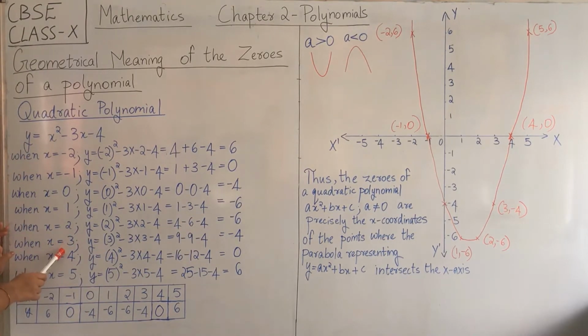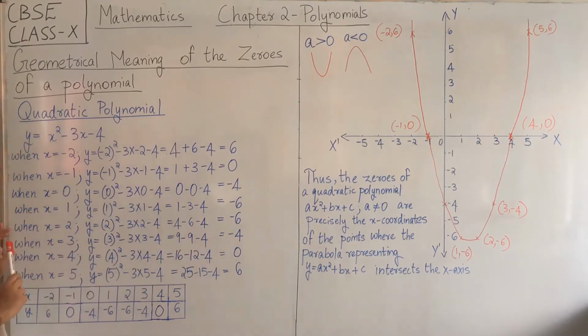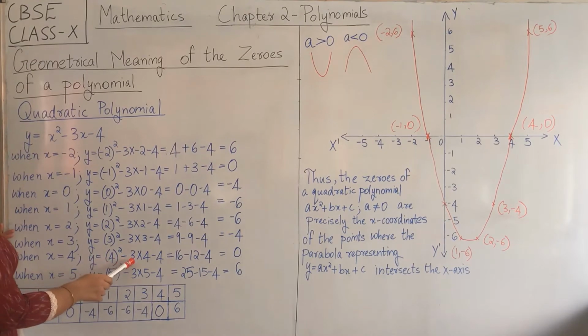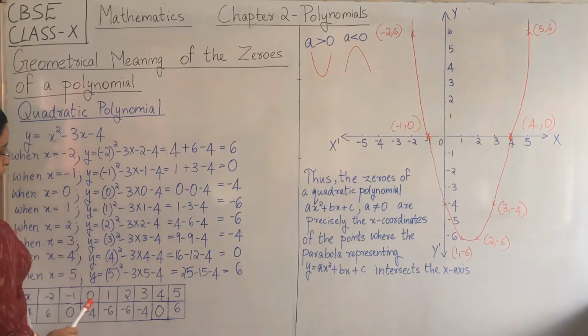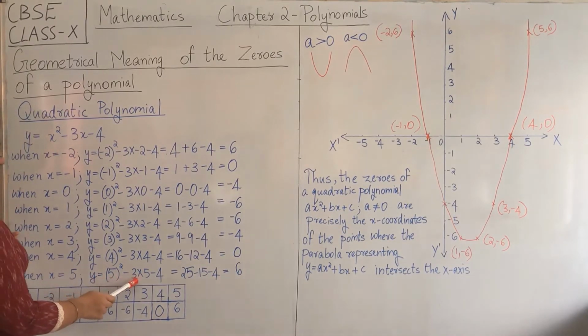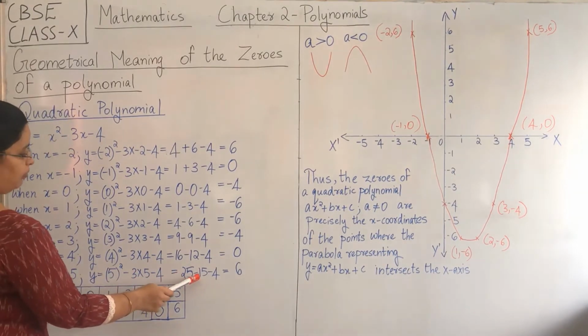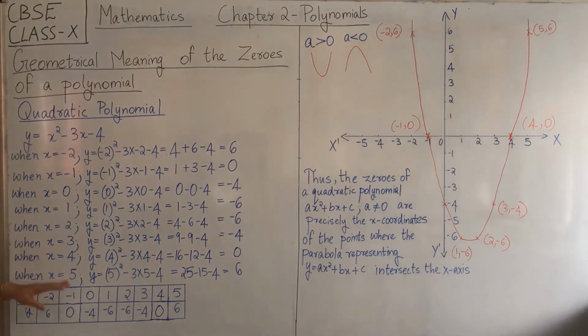Then x = 3, y = 3² - 3(3) - 4 = 9 - 9 - 4 = -4. Now x = 4, y = 4² - 3(4) - 4 = 16 - 12 - 4 = 0. Now x = 5, y = 5² - 3(5) - 4 = 25 - 15 - 4 = 6. Now I am tabulating these x values and corresponding y values in a table, that is -2, 6;